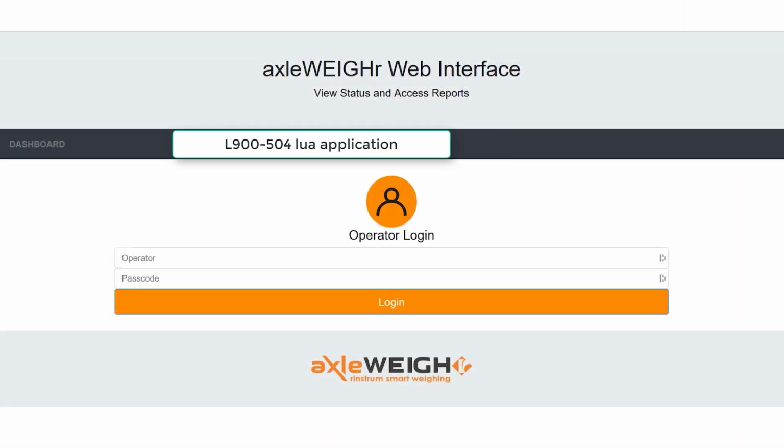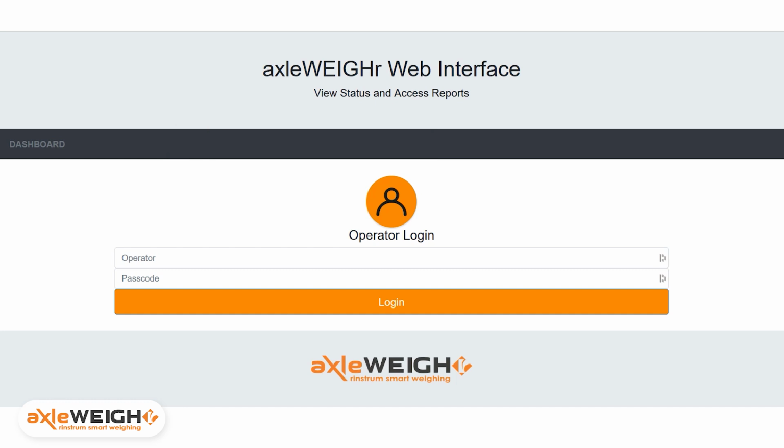Calibration on the axleWEIGhr is done by setting a dynamic factor. This involves calculating the known weight by the actual read weight and then calculating that factor. Because this scale's weighing in motion, this can be done with a local vehicle with a known weight. Stay tuned to the following video to see how to set the dynamic factor from the front panel of the